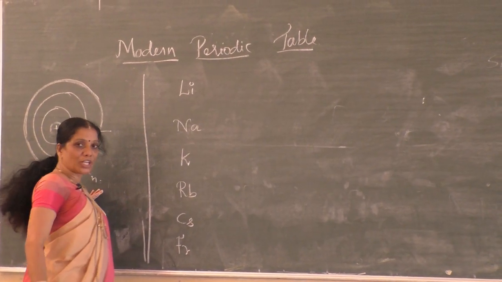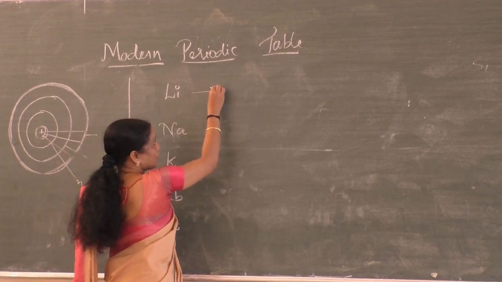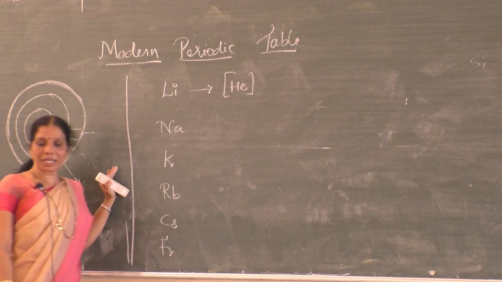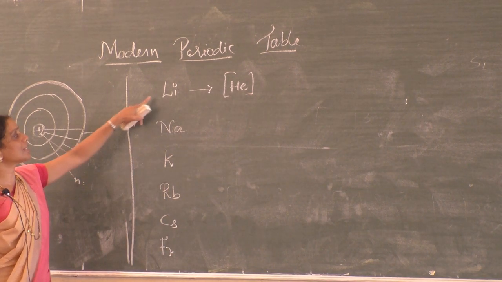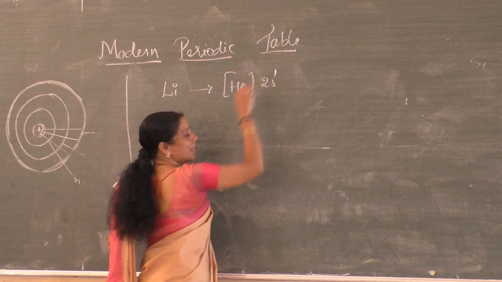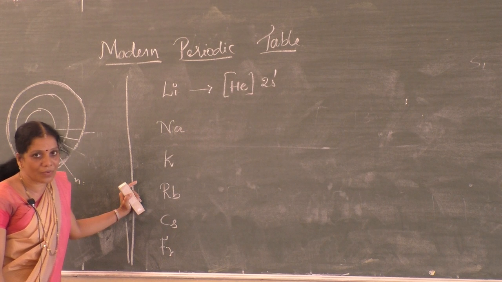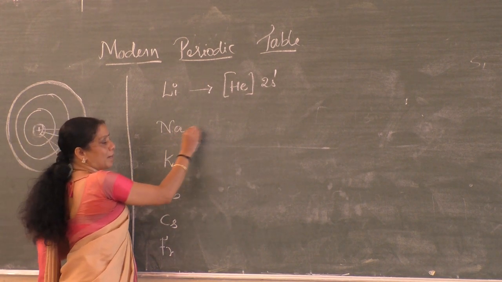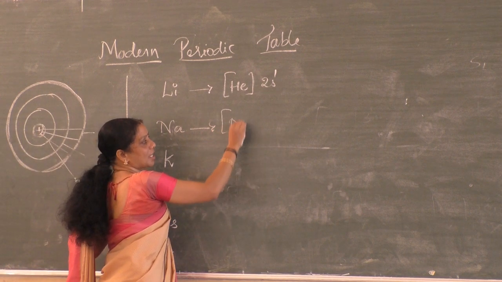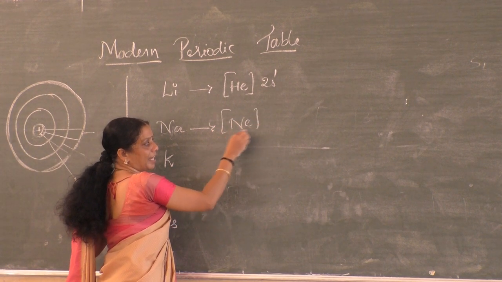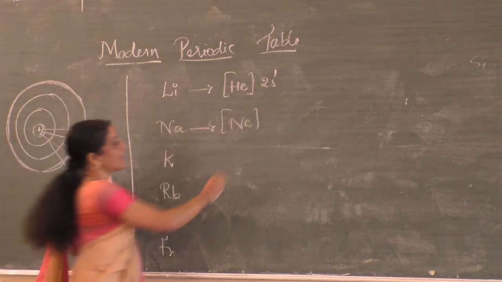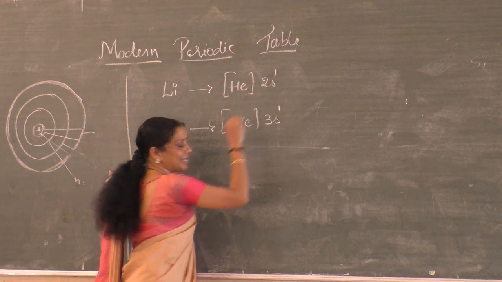Just observe the electronic configuration. You know this electronic configuration. Let us write the noble gas here. Helium. What is the atomic number of helium? 2. What is the atomic number of lithium? 3. Hence the next electron enters into the 2s1. Totally 3 electrons we have written. See here sodium. What is the atomic number? 11. Let us write the noble gas configuration. Neon. How many inner electrons have I written? 10. How many remain here? 1 electron enters into the next main energy level. See, 3s1.